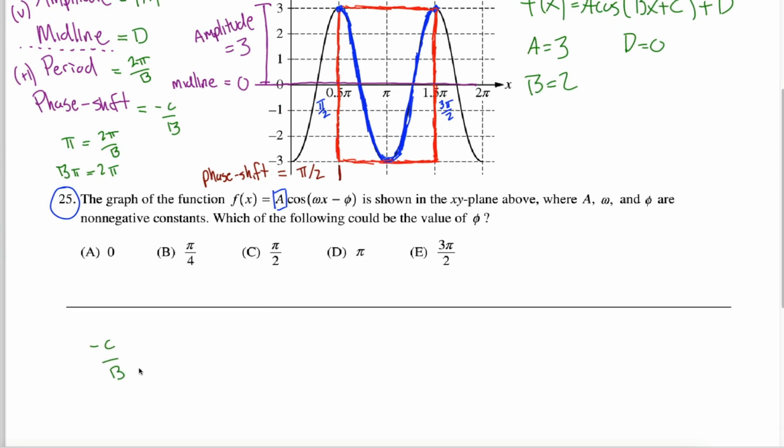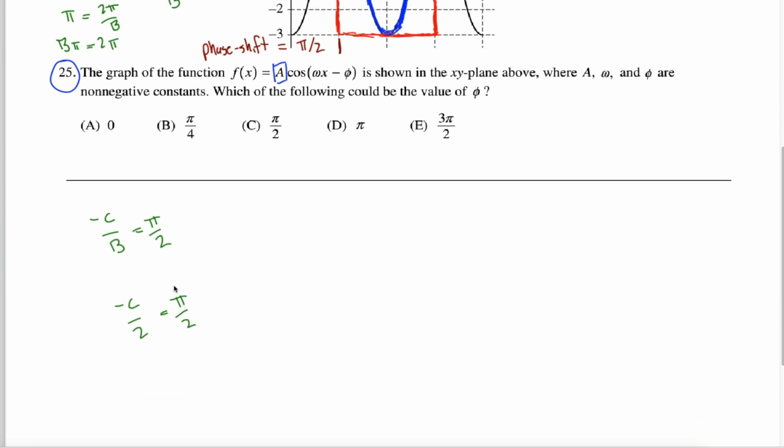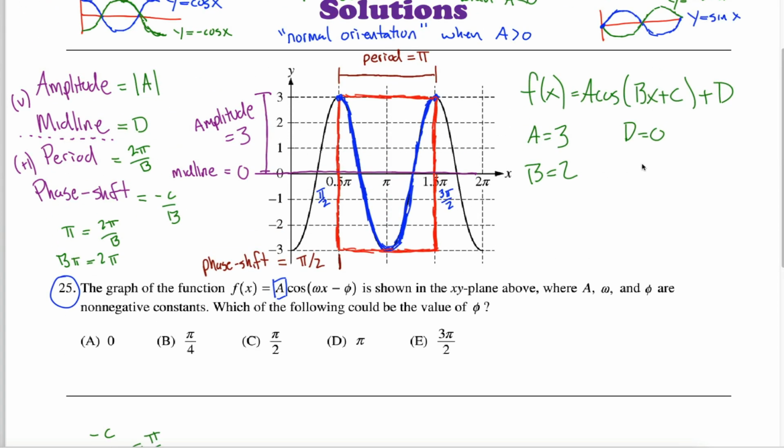-c over b is equal to pi over 2. Remember, we've already figured out that b is equal to 2, so -c over 2 is equal to pi over 2. Might be able to just look at this and tell that c is -pi. If not, multiply both sides by 2, divide by -2, and you get that c is -pi. We can add that to our list up here. We got all the information we need to write the equation of this function. F of x equals a, in other words 3, cosine of b, which is 2, x plus c plus -pi